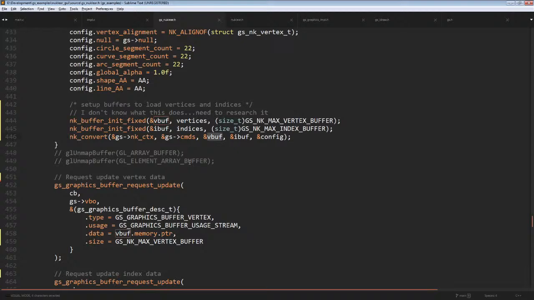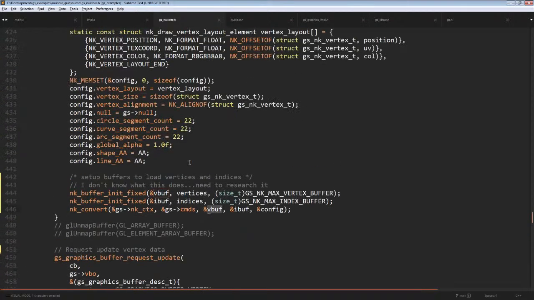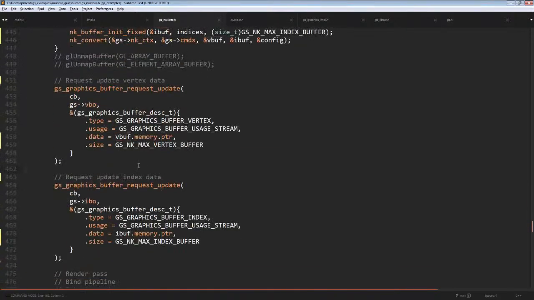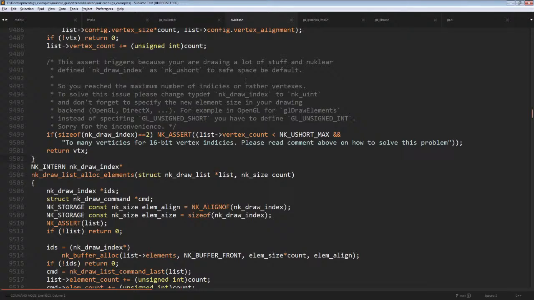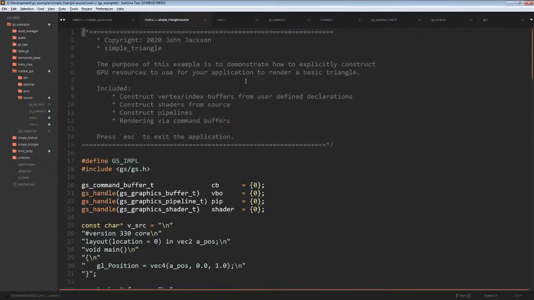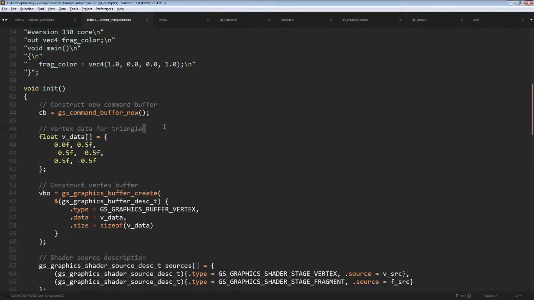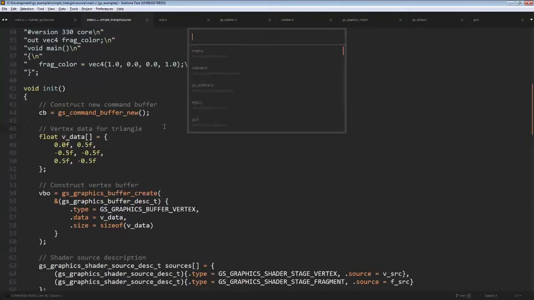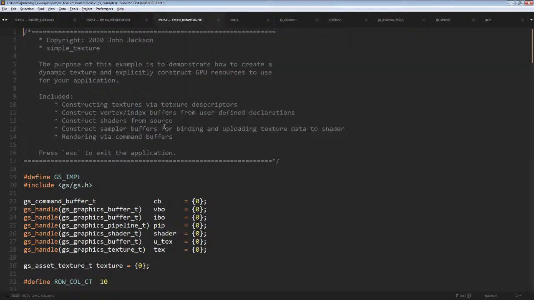So this sets up my memory. That should be setting up my memory fine. So what the fuck? Let's just verify that I'm actually setting up pipeline stuff correctly. I think it's just triangle. Let's see. I really think it's just vertex data stuff. Maybe simple texture. Let's do that instead. So I have a quad. That way I can have